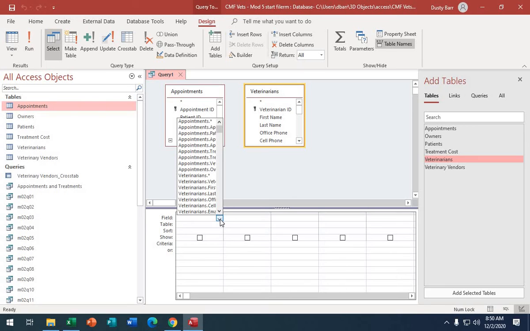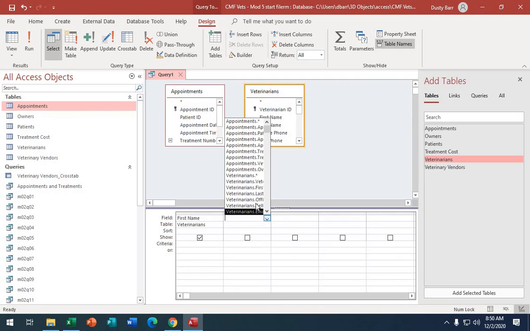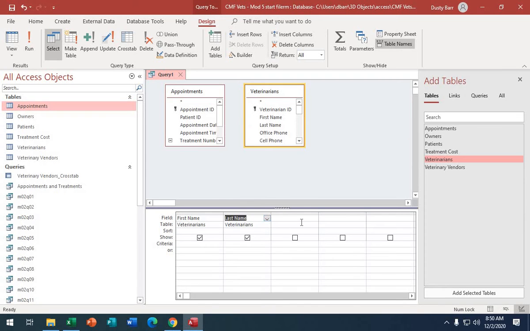And then under the field names, we have to choose veterinarian's first name, veterinarian's last name,